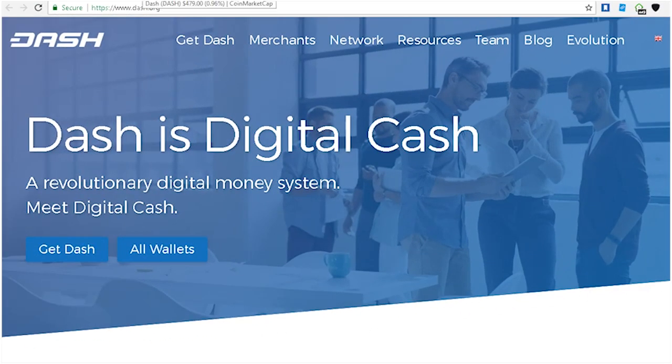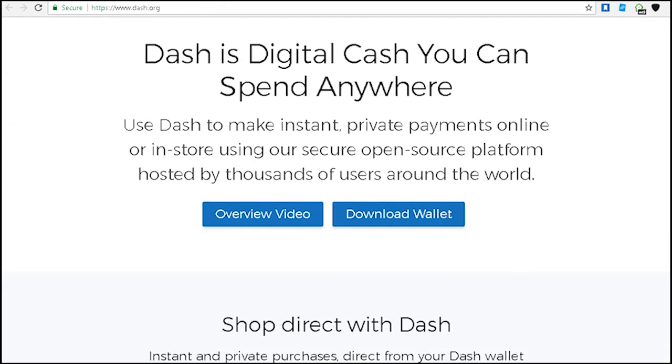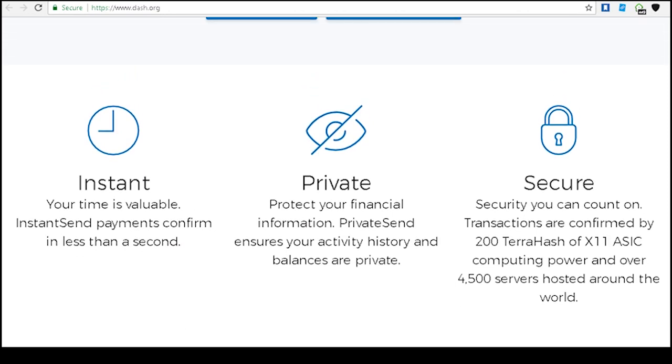Formerly known as Darkcoin and Xcoin, it actually started in January 2014. In March 2015, it was rebranded to Dash. Digital Cash is their logo, and since then they have been gaining some traction. Dash offers the same features as Bitcoin because it is a fork of Bitcoin, but it has improved capabilities including